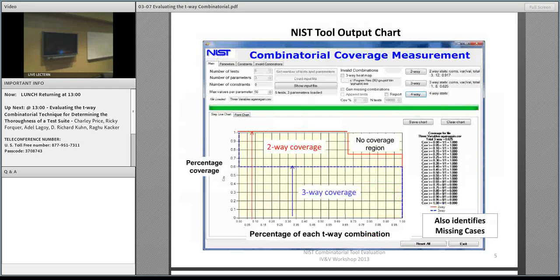Next slide, please. Okay, the NIST output a chart that we see on this slide, and the top part of it is the dashboard, if you please, of how you operate the test. But what I want to introduce to you here is the coverage being represented by plotting the percentage coverage of the test versus the percentage of each of the T-way combinations. And in this example,